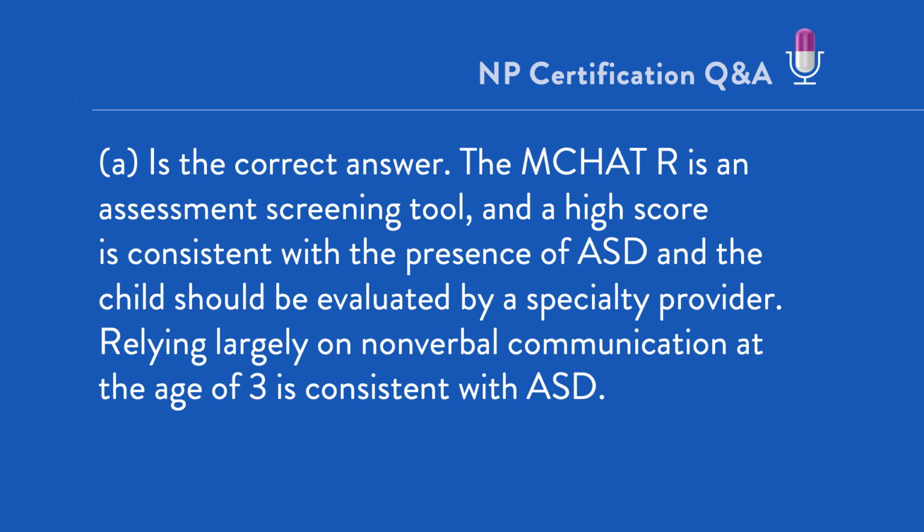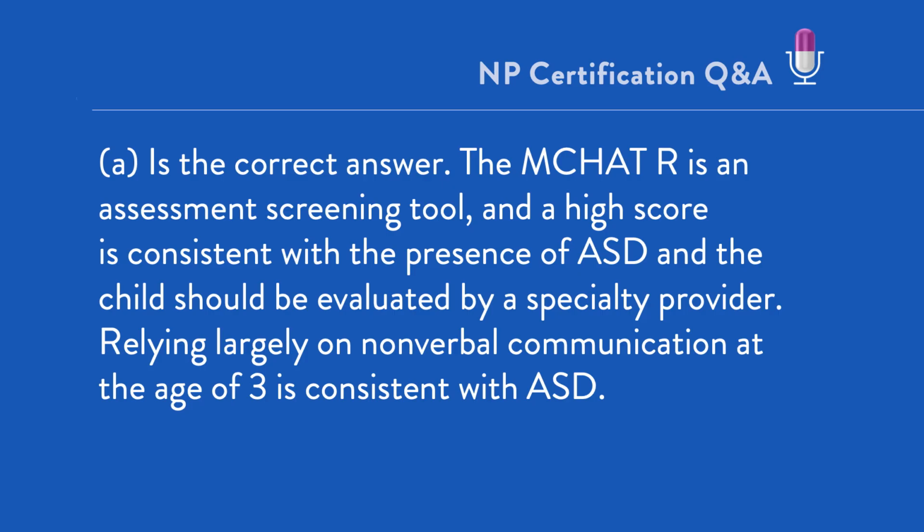And so, if we recognize that it is a screening tool for autism spectrum disorder, then it probably makes the correct answer a little bit more apparent. The child is mostly nonverbal and uses gestures to communicate. By the age of 3, the child should be very verbal, and indeed, you should be able to understand most of what it's saying. Anyone not in daily contact with the child should be able to understand most of what a 3-year-old says. So the child who is mostly nonverbal, that is a concern and needs to be further evaluated. Again, it's a screening tool. It doesn't mean that there is absolutely a diagnosis of autism spectrum disorder. It's a screening tool that requires further evaluation.